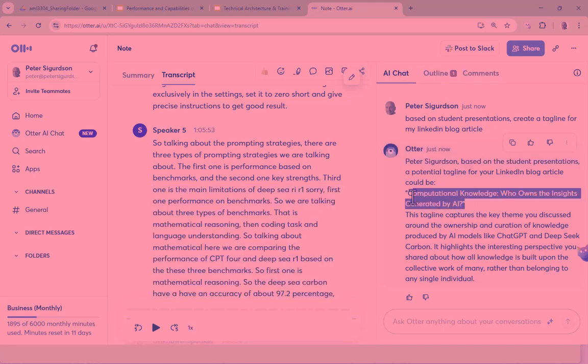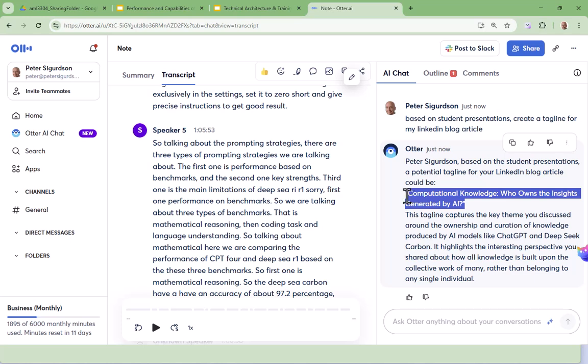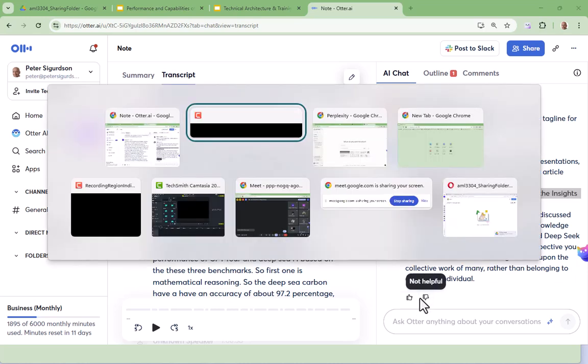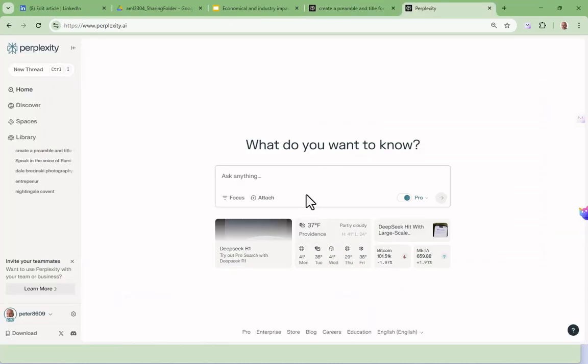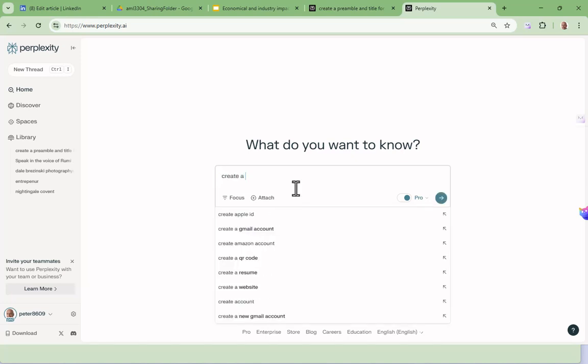Yeah, you see, it actually picked up on the other thing I said before. Perplexity does a better job at this. Create a tagline